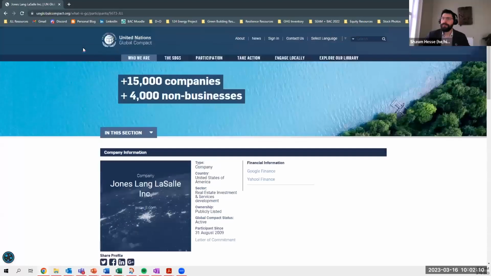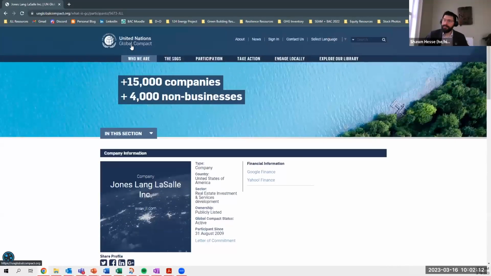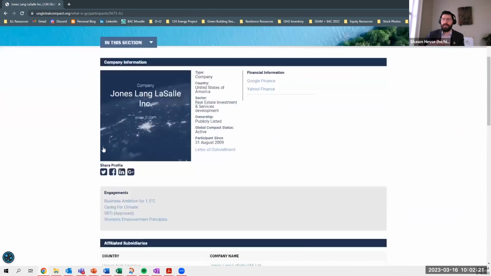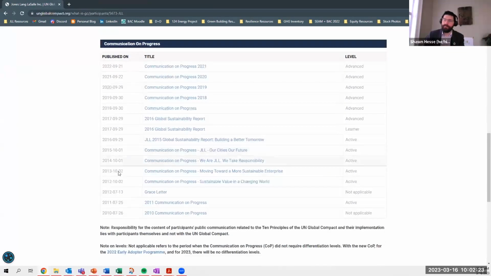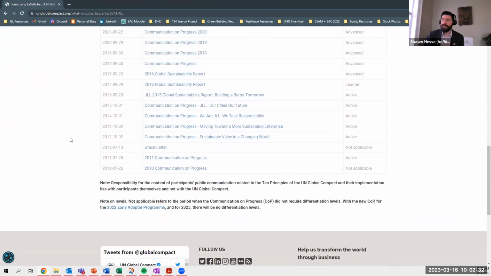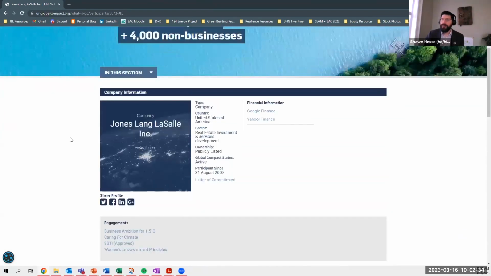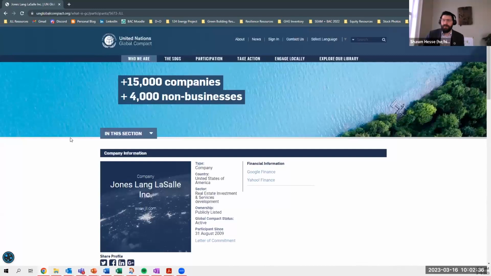If you go to the UN Global Compact site, you can look up companies that have been signatories to the compact. You can download all of their progress reports that they've submitted to the compact. So you can go in and drill down and see how organizations are doing. The other thing, as a point of clarity, that I wanted to point out is that